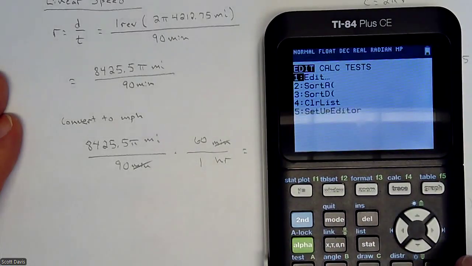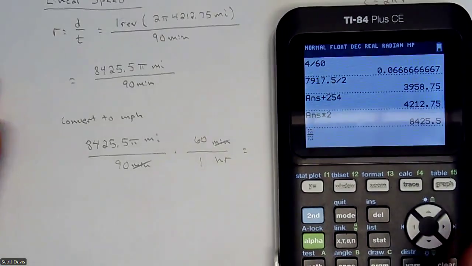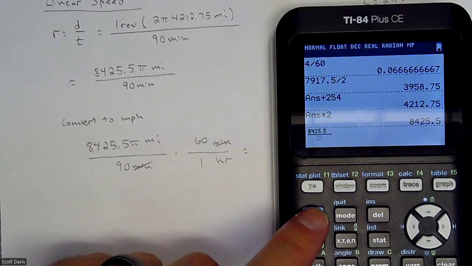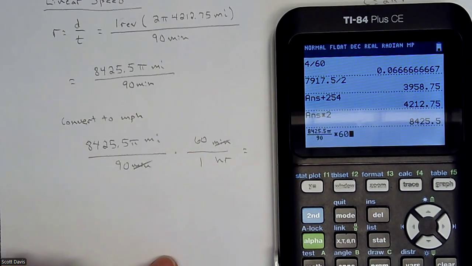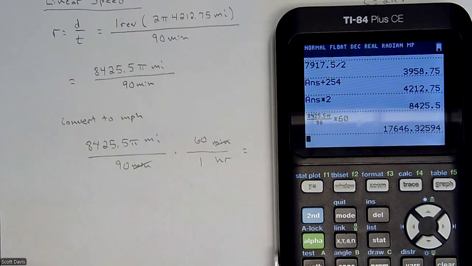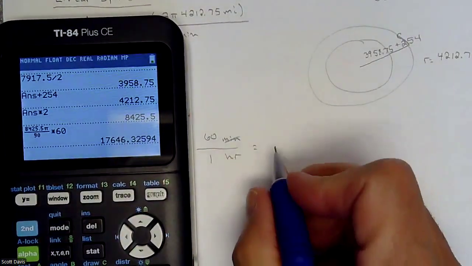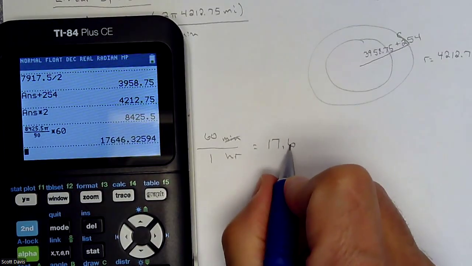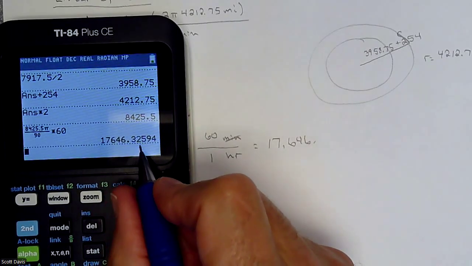So let's take our fraction. We're going to take 8425.5 pi over 90 times just a 60. So that is the speed at which the International Space Station travels, 17,646.326